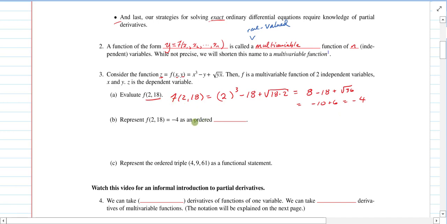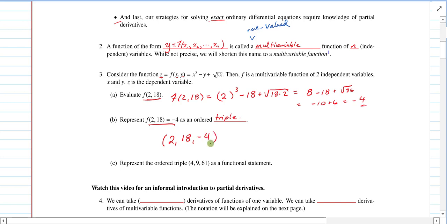So that's just to show you a little bit about the mechanics of multivariable functions. We took two inputs and we got out an output, and we're using that same function notation that hopefully you're familiar with. Now I want to represent this fact that we just computed, f of 2, 18 equals negative 4, as an ordered triple. So how would we represent it? It would be the ordered triplet 2, 18, negative 4,